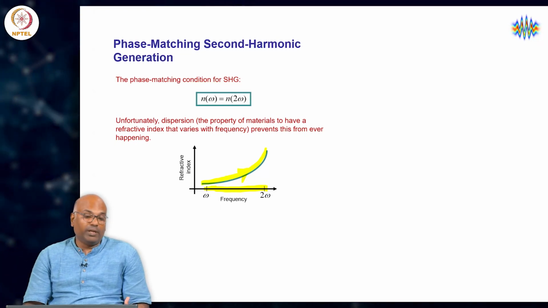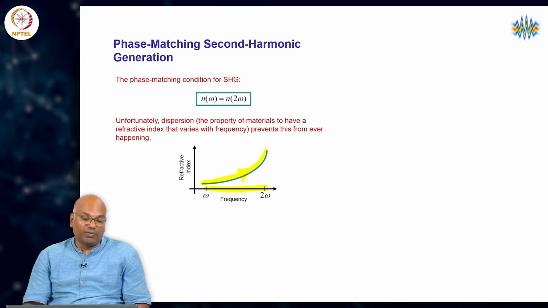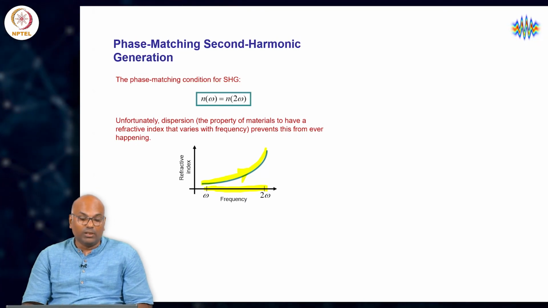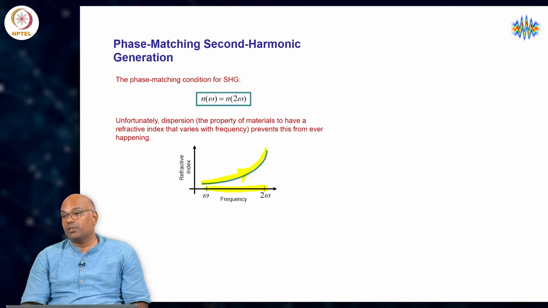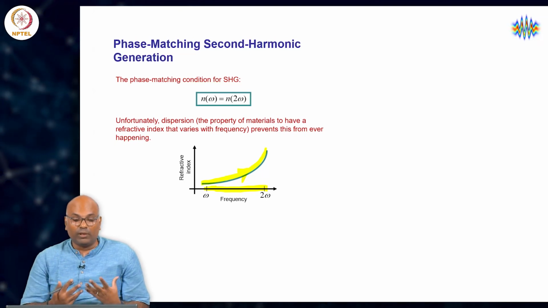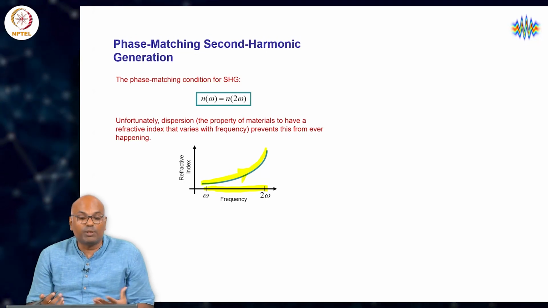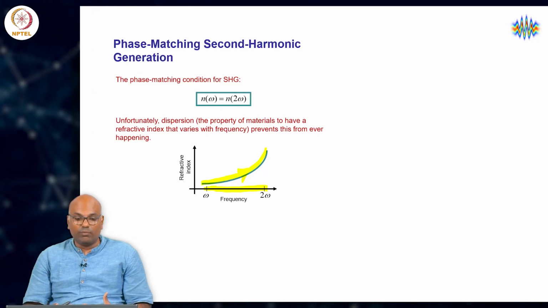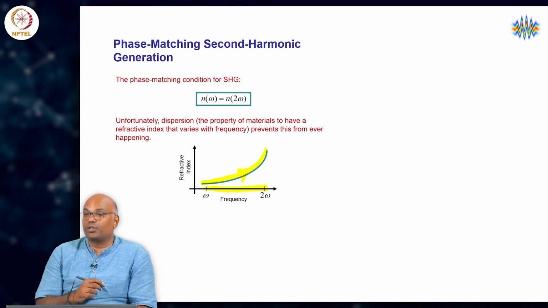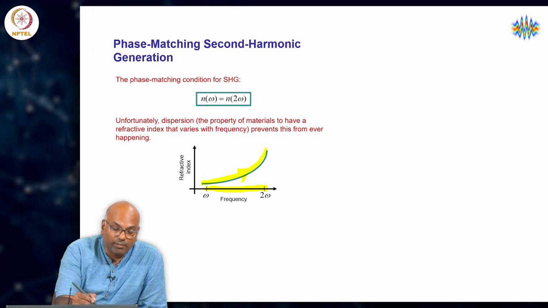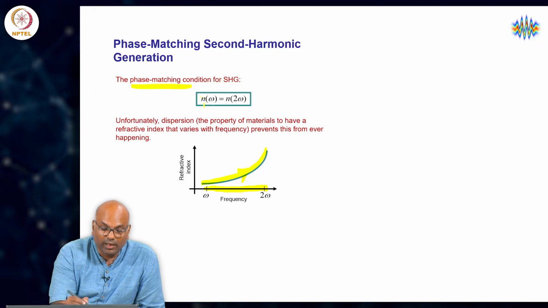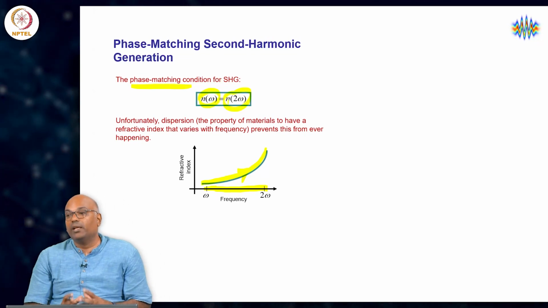So, while we can argue that maybe there are media where the refractive index is flat from omega to 2 omega, which one may have to engineer. Since we did not assume any very special properties, all we took was a simple elementary atomic dipole and obtained this result for various media. This must be the most general too. So, in the most general case, we will not be able to phase match and get to the phase matching condition, which is n of omega equal to n of 2 omega, unless we do something special,